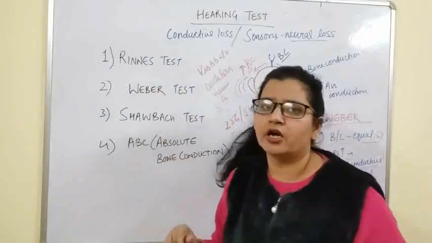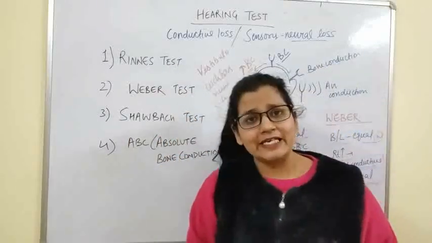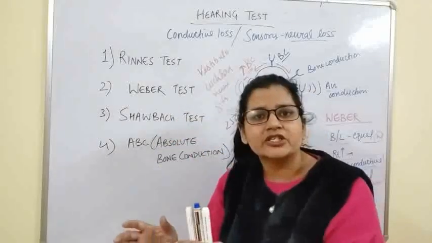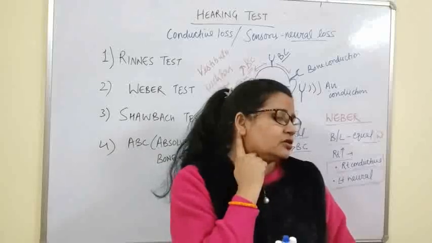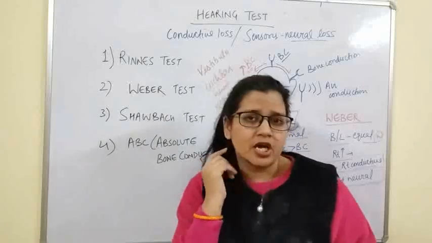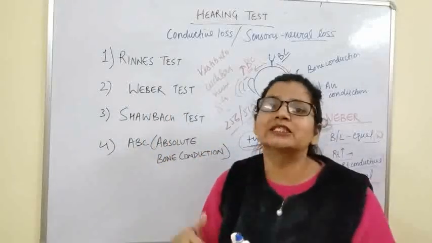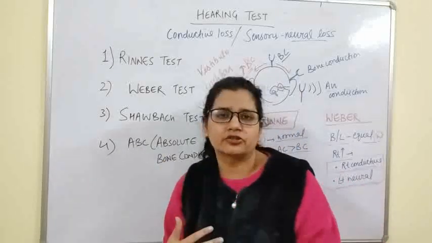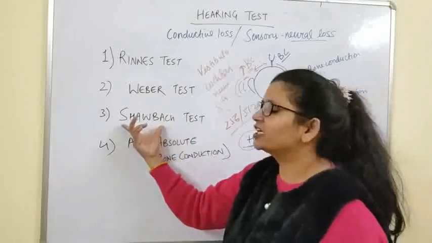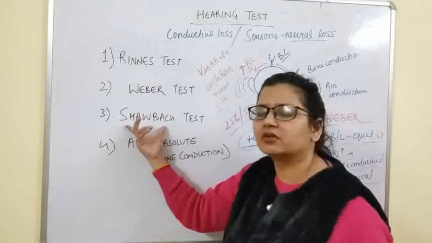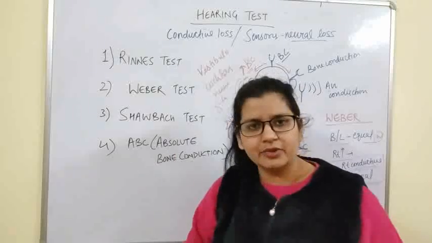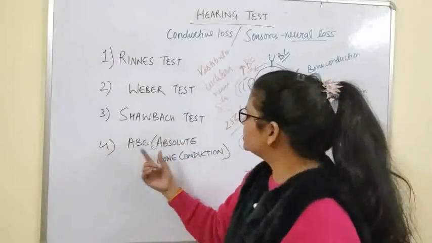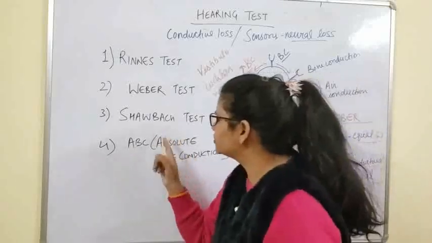Then is Schaubeck test. Schaubeck test is basically the hearing test where the subject's bone conduction is tested by touching the tuning fork on the mastoid process, and then comparing this with the examiner's bone conduction. So the examiner's hearing is compared with the subject's hearing. Okay, this is also the same as ABC, absolute bone conduction. This is also the same test, but